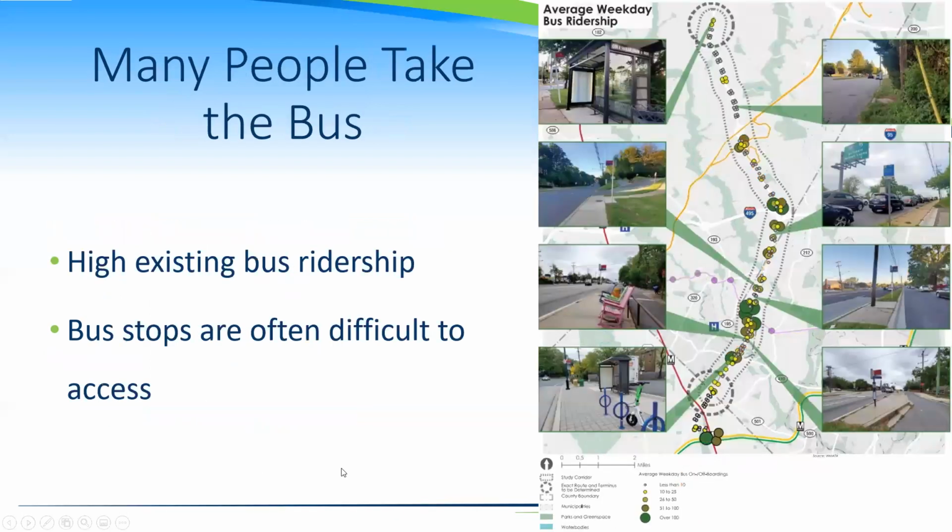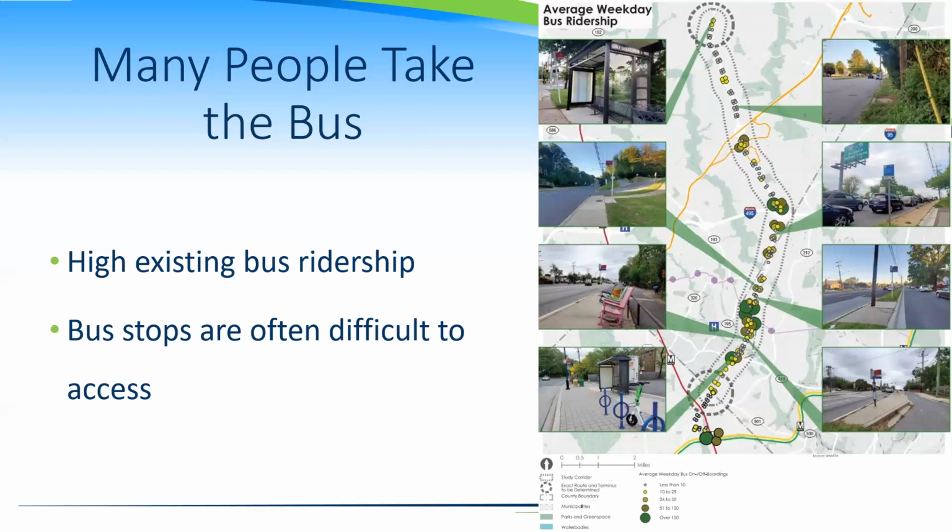And there are a lot of people taking the bus. We've estimated that about 9,500 people per day board the bus, or have in the recent past boarded the bus, on a typical day in the New Hampshire Avenue corridor across all of those services. So these are people that are boarding any number of those buses, whether it's the K6, the K9, the 16 or the 20 or the other buses on this corridor.